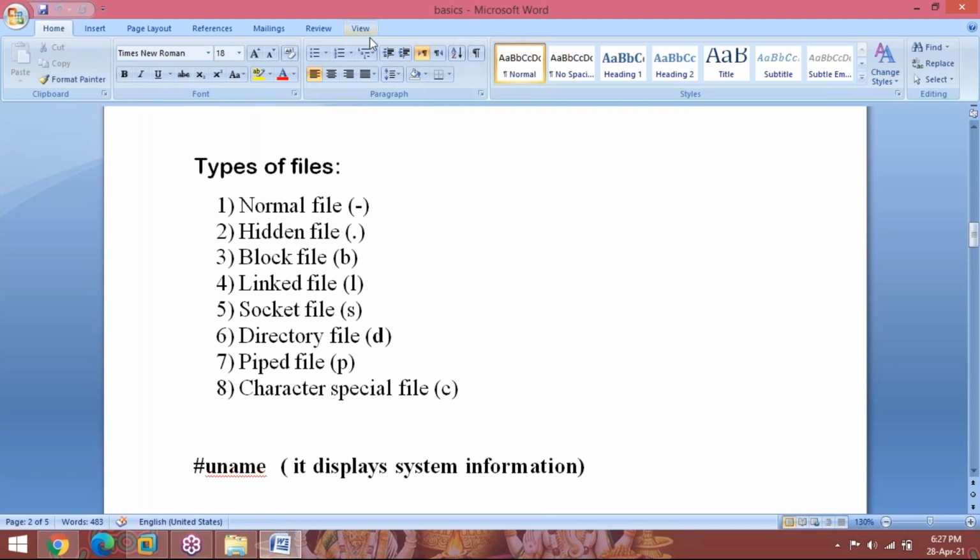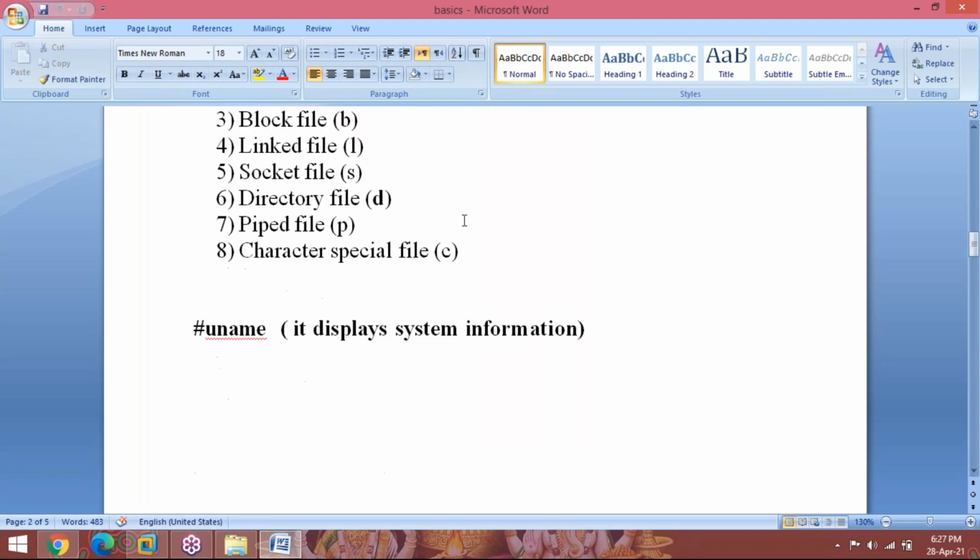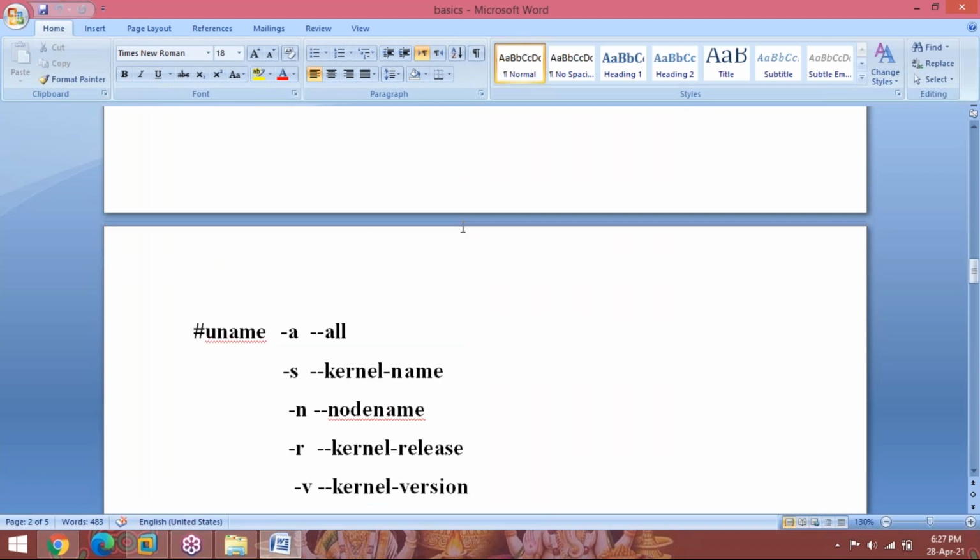We are going to see them in our classes. Now, just now I showed you the uname command. It displays the system information.